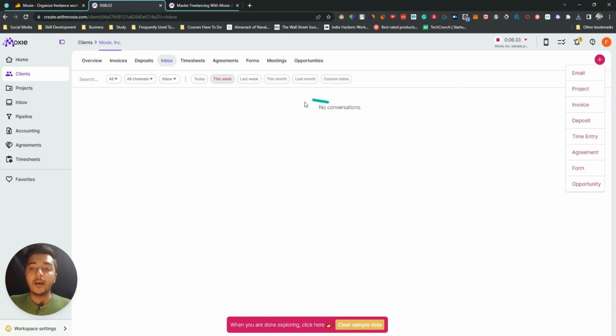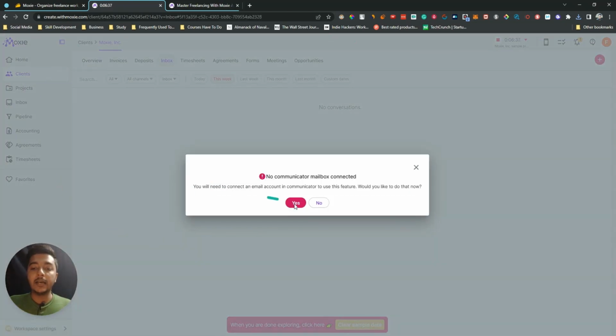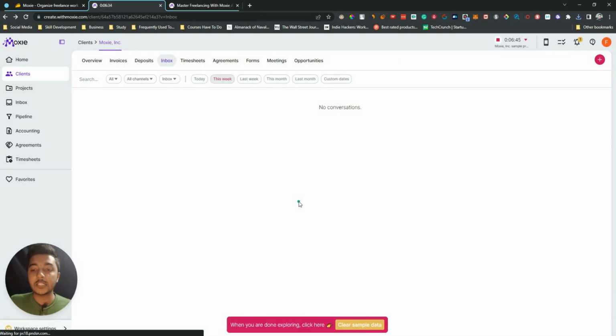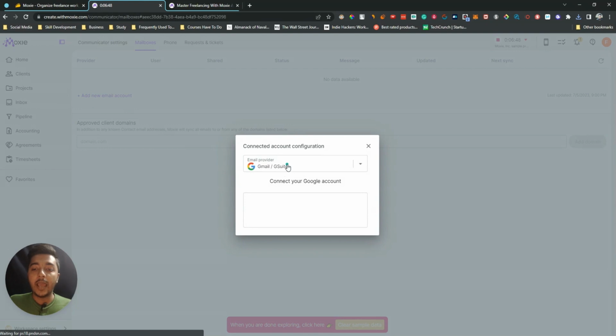Let's say maybe I will open the email. Just click here, email, and then here new email, and here see no communicator in mailbox connected. So we have to connect the email actually. Just click here on this yes, and then here we have to add our email, and here we can add